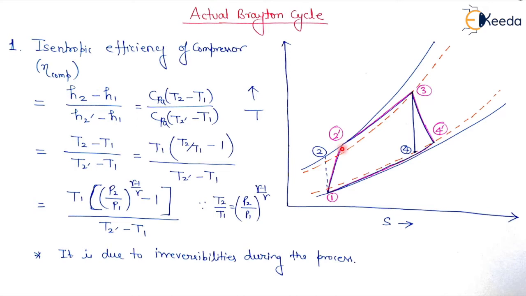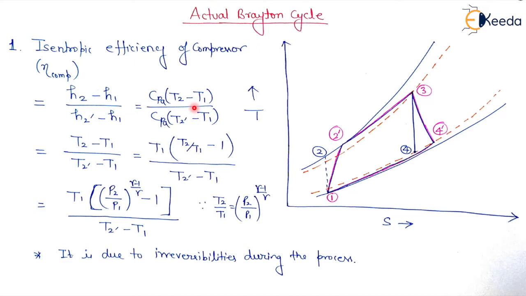Okay. So in this case, we will calculate the isentropic efficiency of the compressor. What will be the isentropic efficiency of the compressor? Isentropic efficiency of a compressor or turbine will be less by more. You have to remember the less difference by more difference. I think it is clear. So in which process is the difference less? The 1 to 2 process has less difference. So less by more: H2 minus H1 divided by H2 dash minus H1. This will be the isentropic efficiency of the compressor.